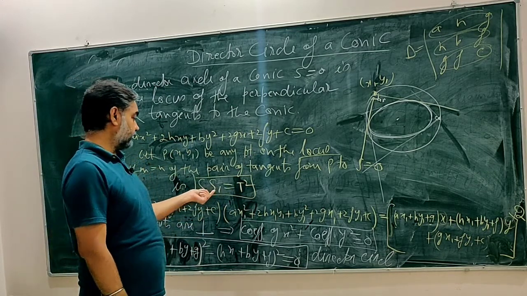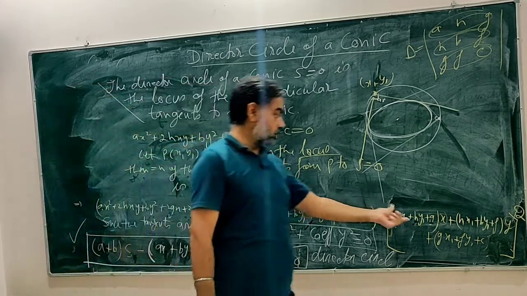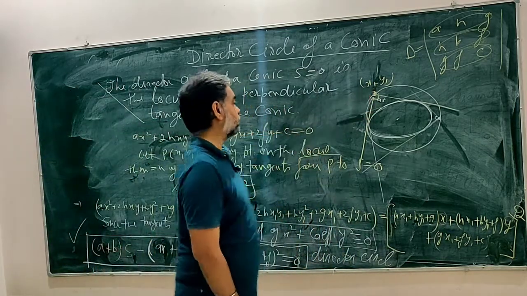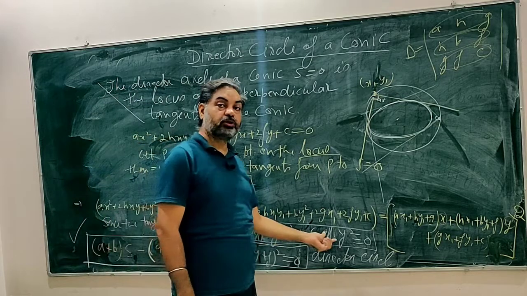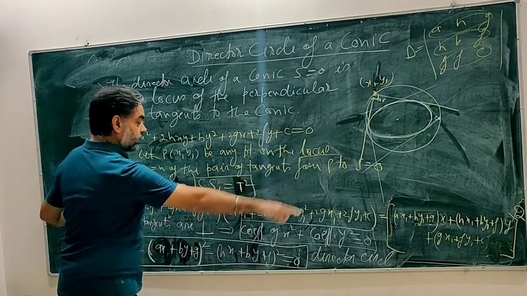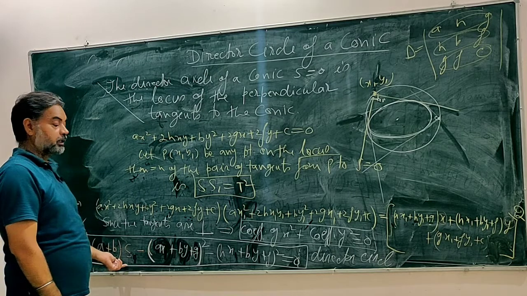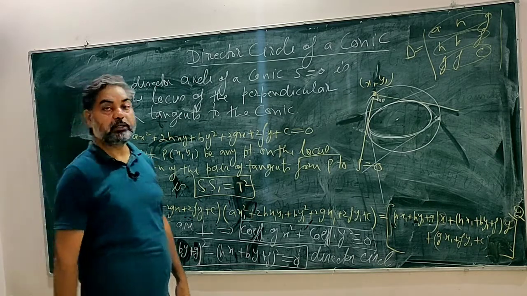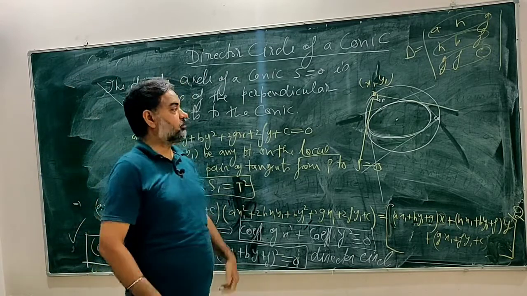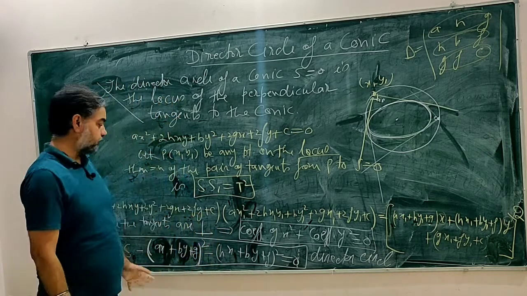Then the equation of the pair of tangents is SS1 = T square. So write SS1 = T square, and since these two tangents are perpendicular to each other, the coefficient of x square plus the coefficient of y square must be 0. So in this equation, put the coefficient of x square plus y square equal to 0, that would imply this, and replace x1 by x and y1 by y, and that would be the equation of the director circle. So this is how we find the equation of the director circle. That's it. I hope you understood.